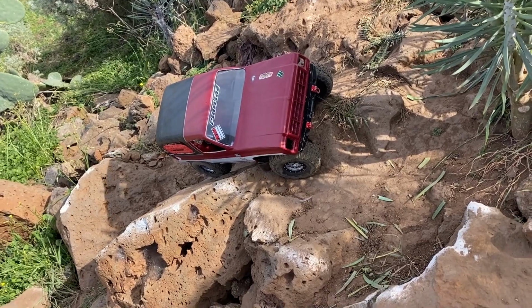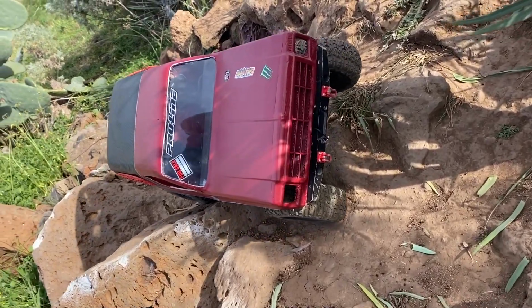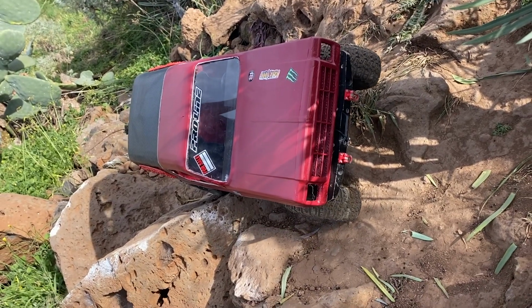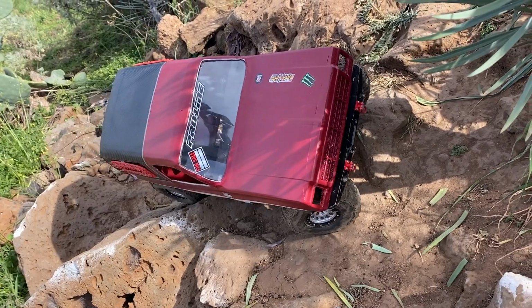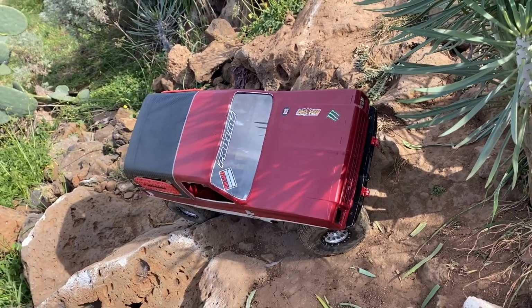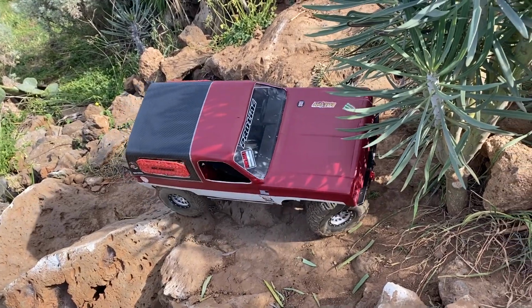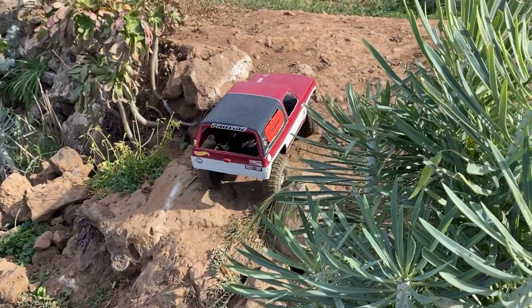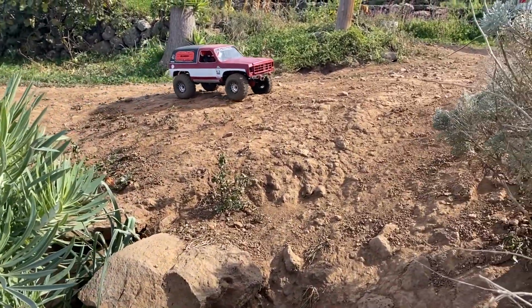Let's speed that up a little bit. Now I am side hilling quite steep right now. You straighten those wheels and now turn in. There we go, she's coming back. It is quite on the limit there, so you don't want to do that too fast. Alright, now let's do the downhill, and this is where the